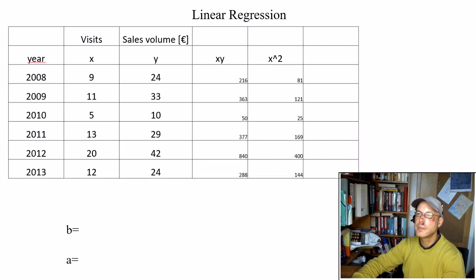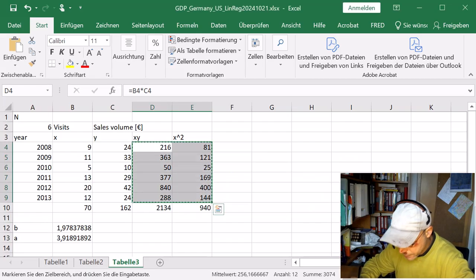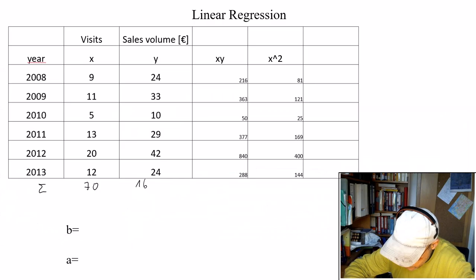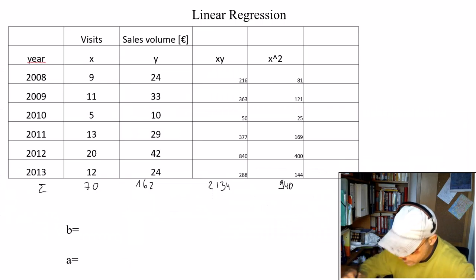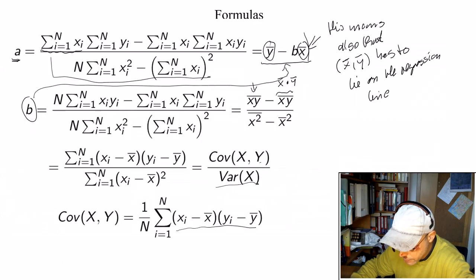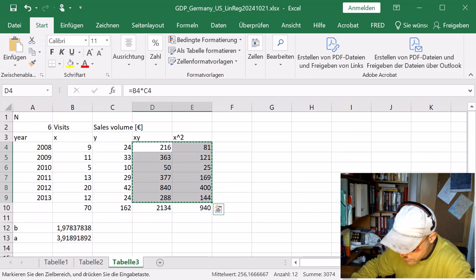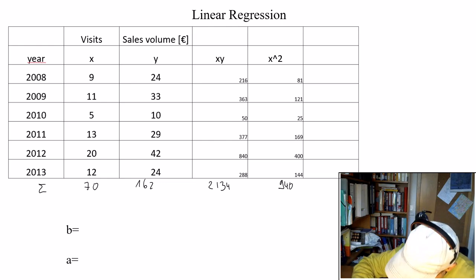Is it working? Yep. And let's write down also the sums. This was 70. This was 162, 2134, and 940. And B was then again n times our 2134. So 6 times 2134 minus,